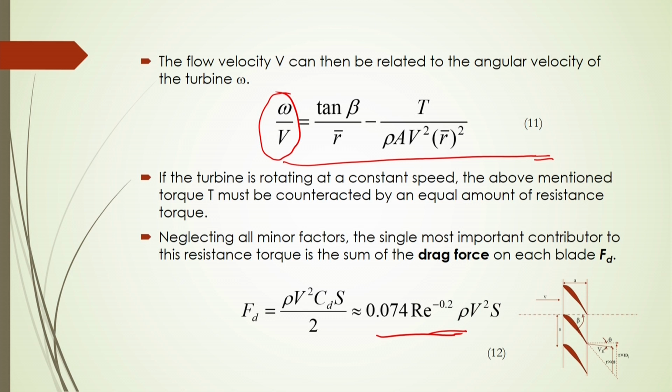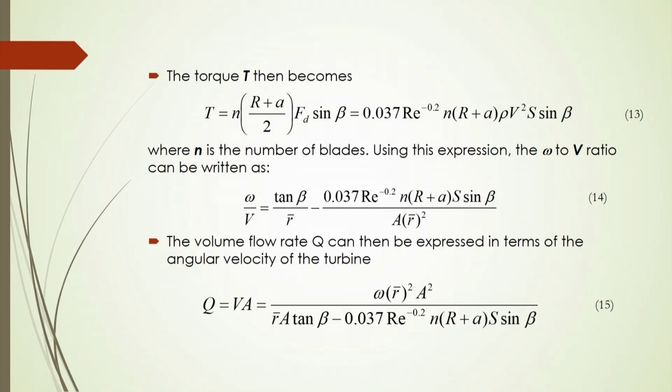So, once you know this drag force, you can say that the torque, whichever is given by this rotating of this fluid, then equal amount of resistance of the torque is to be developed by this drag force. So, you have to equate this drag force to the torque here, and after that you can get the torque as T is equal to n into R plus A by 2 into F d into sin beta. So, after substitution of this drag force here, you can get this equation number 13 as a simplified form here,